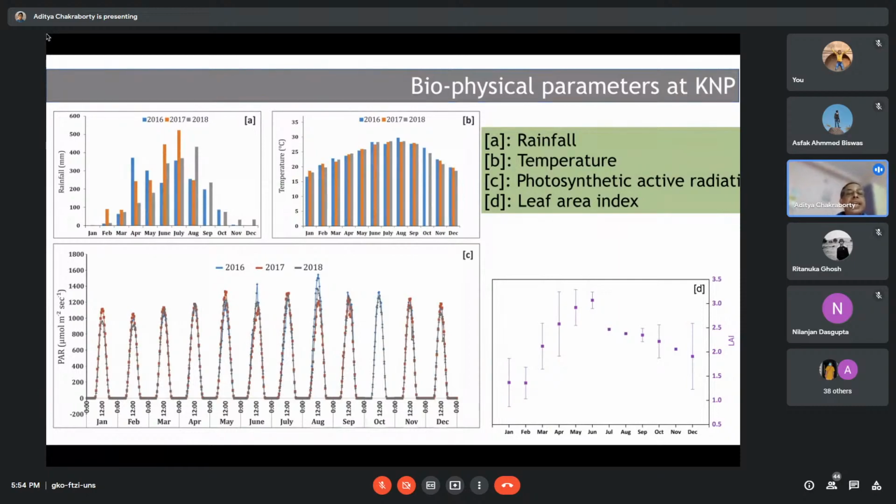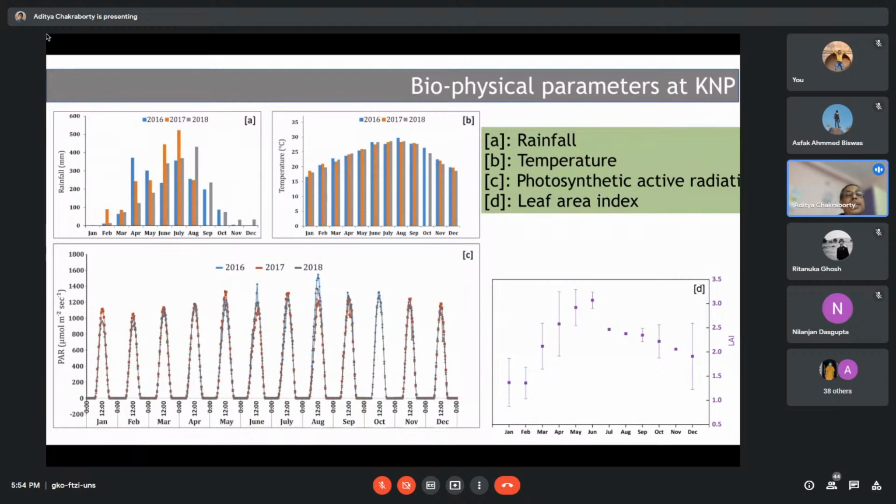What you see here is that in January, February, March, we don't get much rainfall in most of the places in India. It is almost dry. But in Northeast India, in February we get some rainfall, and in March the rainfall is quite significant. As you see in this bar diagram, it goes up to 100 millimeters per month. And in April it is much higher compared to the rest of India.